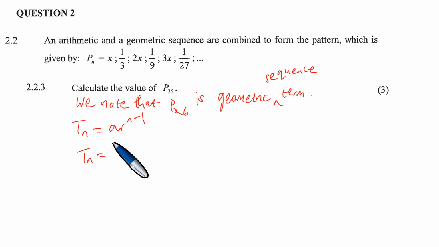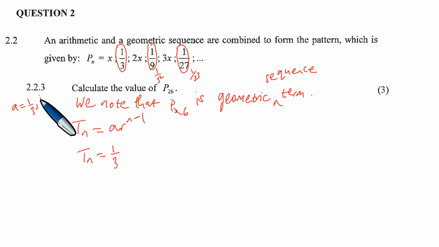If you're dealing with a geometric, you have 1/3 here. After that, it becomes 1/9, which is 1/3 squared. Then we have 1/3 cubed, and the pattern continues. If this pattern continues, we have a, which is the first term. So in other words, a equals 1/3 is the first